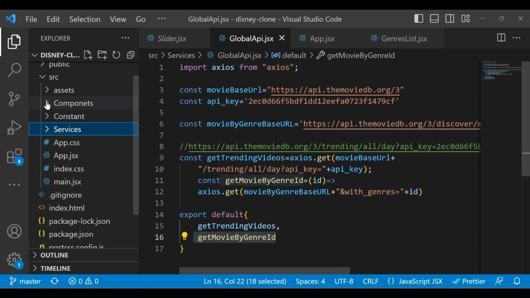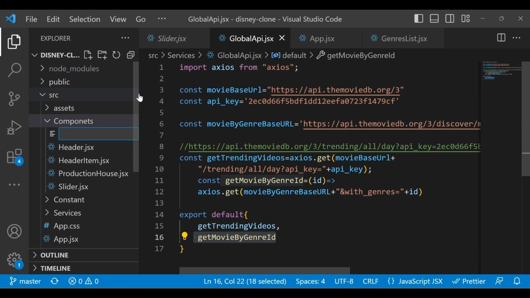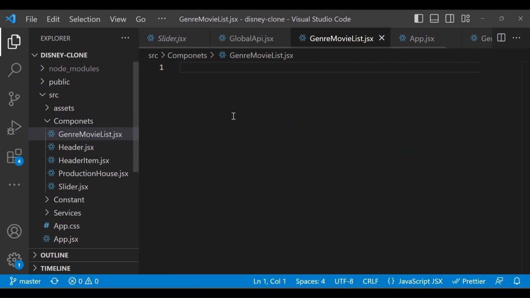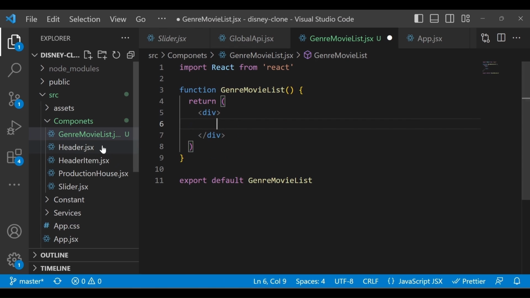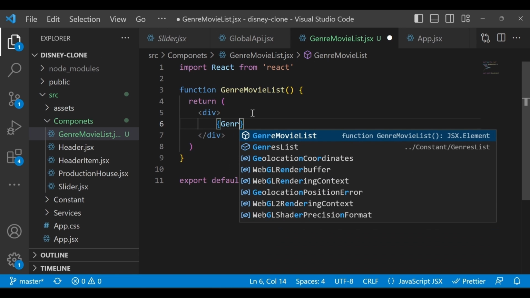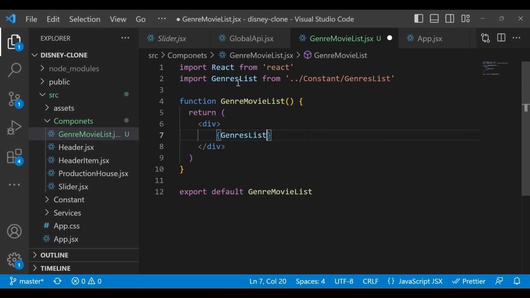Now let's go back to our components and create a new file called GenreMovieList.jsx, and here add the default template. So first we have to iterate this list of genres. You can write genre list, and in the genre list we exported the genre, correct?